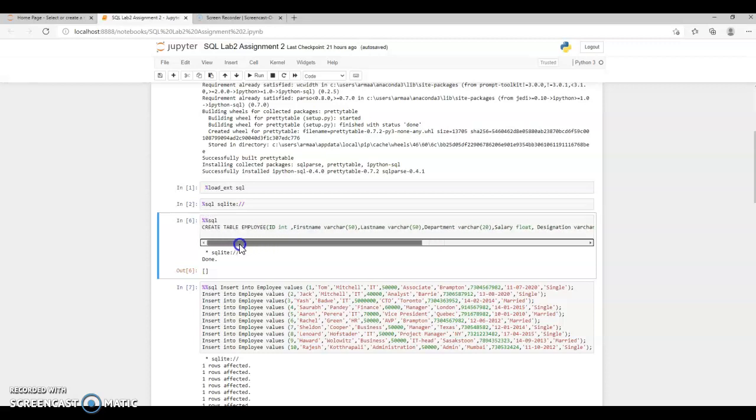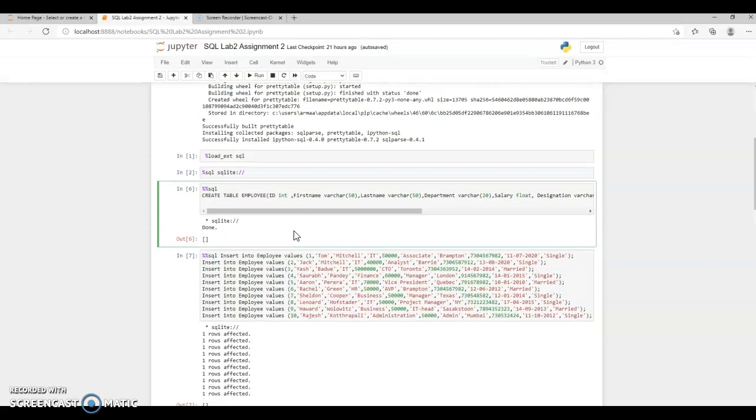So in order to create a database, we need to first create a table. In the table we can take as many columns as we want, and we have to define the name of the table, such as over here I have defined the name as employee, and there are columns such as ID, first name, last name, and so on. And we have to define the data type for every column which we use. If we don't define a data type, it will throw an error stating the data type isn't defined.